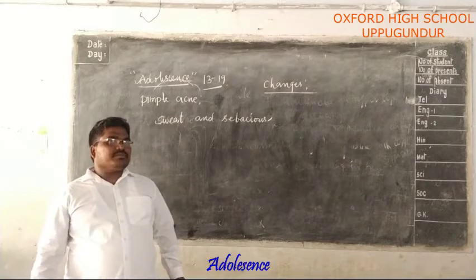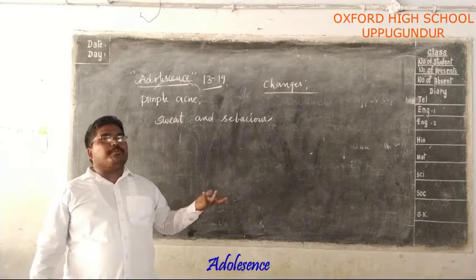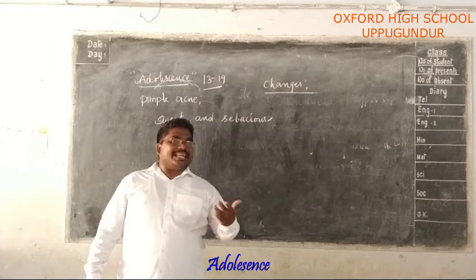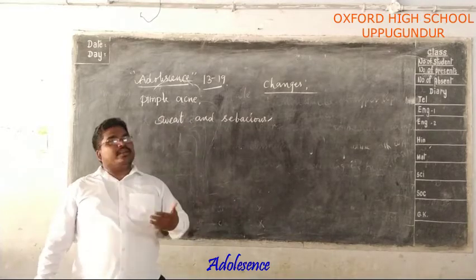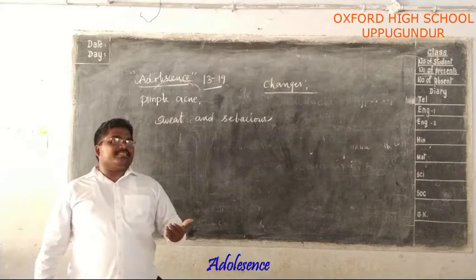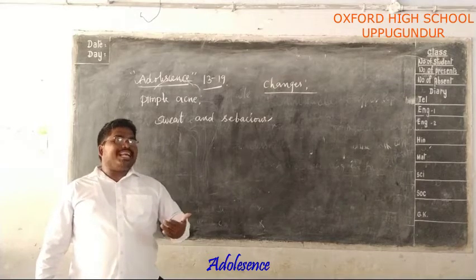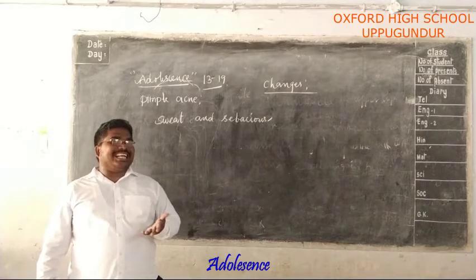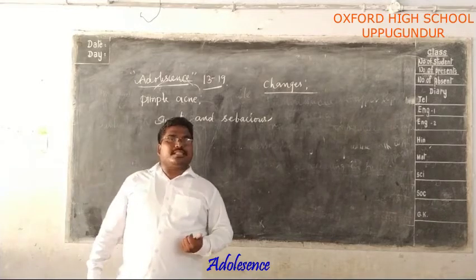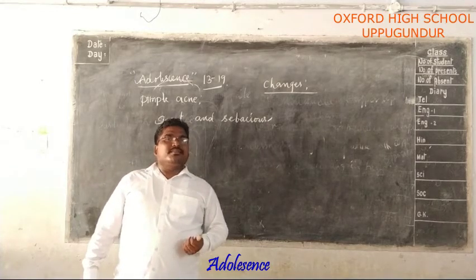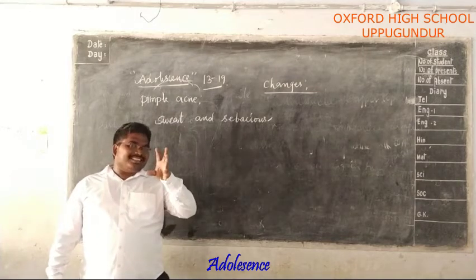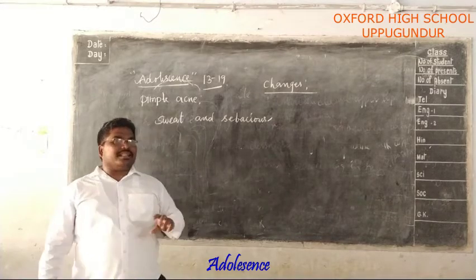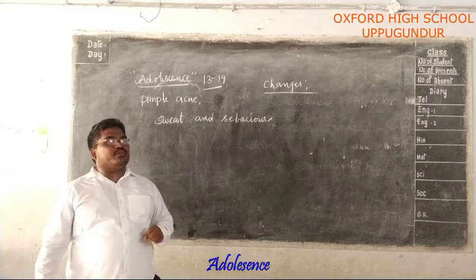Do you understand? The pimples are common in adolescence. Due to the excessive functioning of the hormones, they are formed, but they will disappear from the face in their own way. Our body has the phenomenon to remove pimples, but if you worry about them and scratch them, it may lead to black spots on the face. I already told you that adolescence is the stage of confusion, stress and transition. These are some of the behaviors that we observe here.